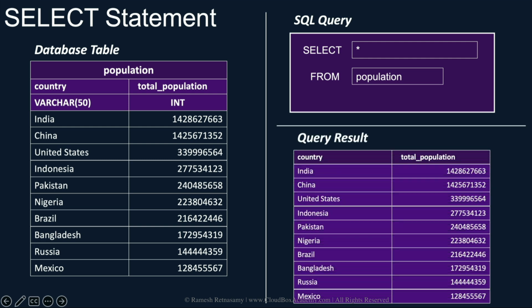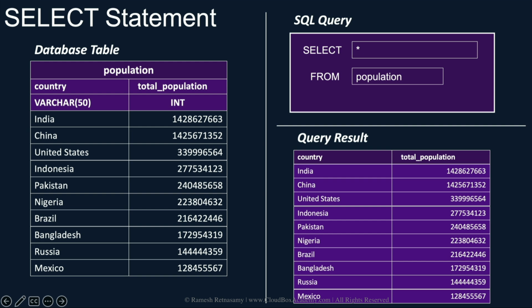Feel free to use star when doing quick analysis of the data, but using star is not recommended for production projects due to 2 reasons. Firstly, it's not obvious for someone looking at the SQL to know which columns are being selected. They'll have to describe the table to see the list of columns in the table to know that information. Secondly, if a database administrator adds an additional column to the table on a later date, that could break an application that's trying to select the data using select star unless the application code has been changed to expect the new column. For example, a web application might not be expecting the new column being added,